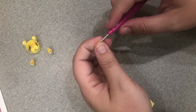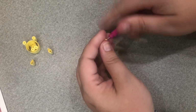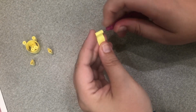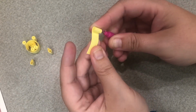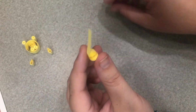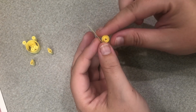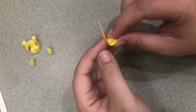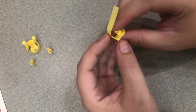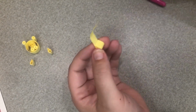Then with our last piece of yellow, we're going to roll it most of the way up, but not quite all the way. And we have maybe about an inch and a half left. We can let it go. And then we're going to take this circle part and pinch it into a teardrop shape, and then, because it's going to want to unroll after that,